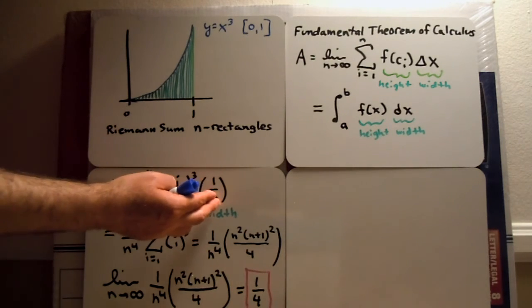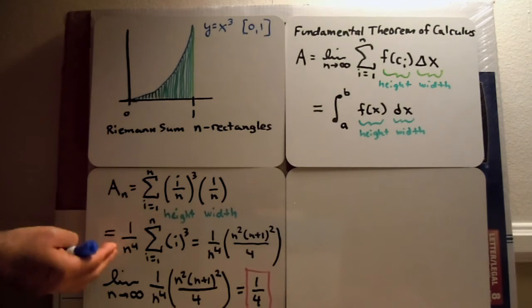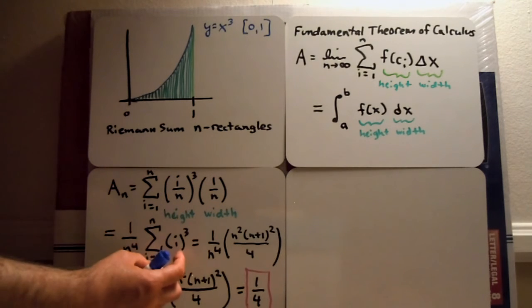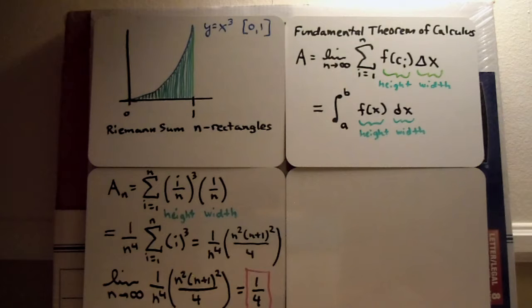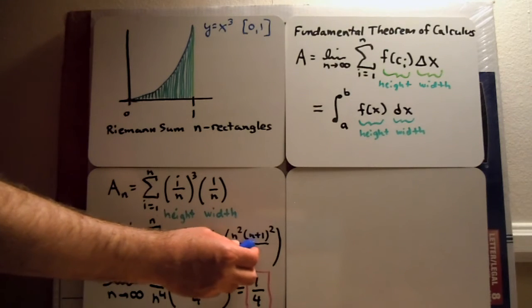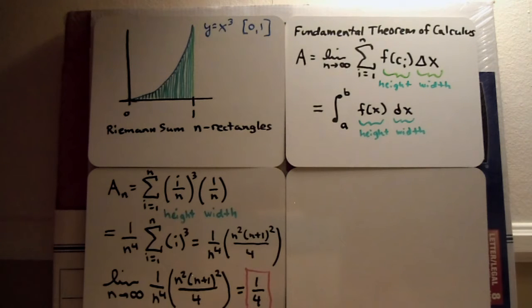And then by solving this, we could factor out the n's, 1 over n to the fourth, and then we had a formula for the sum of the first n cubes, which is n squared, n plus 1 squared over 4, and then allowing the number of subintervals to increase without bound, we end up arriving at the actual area,